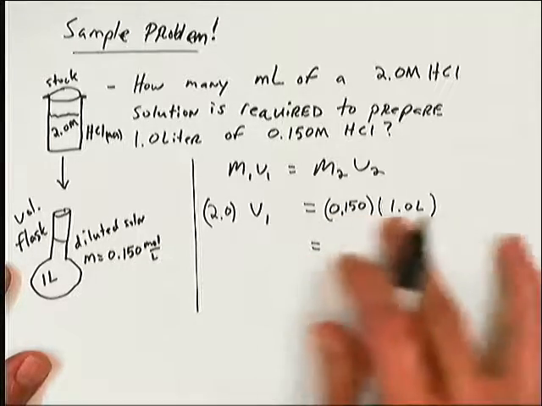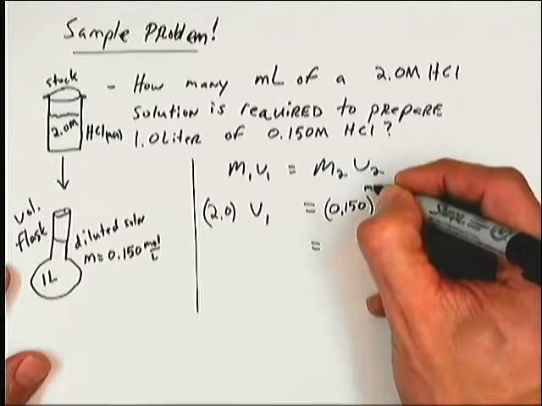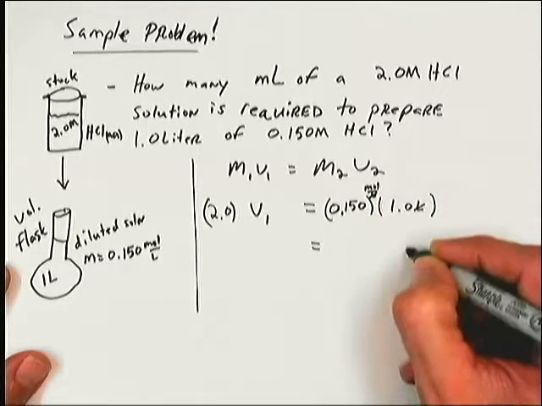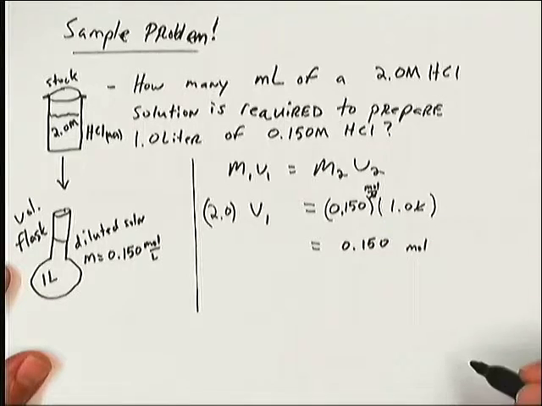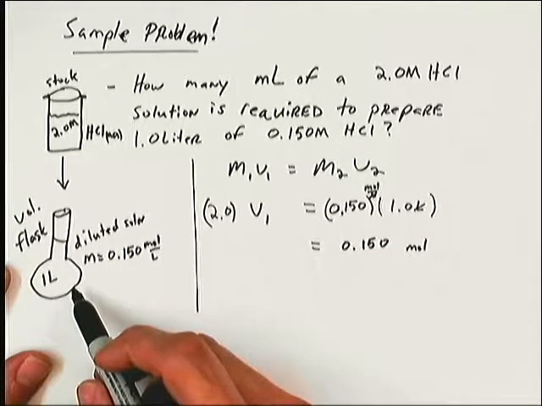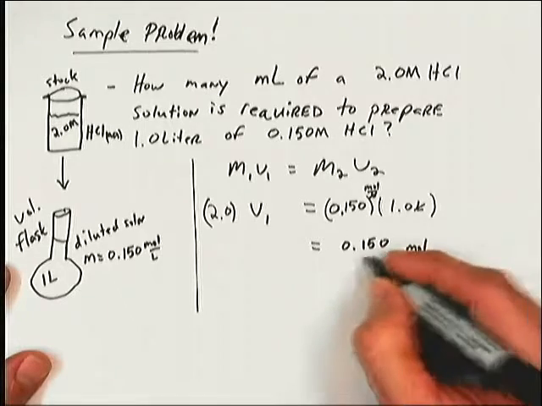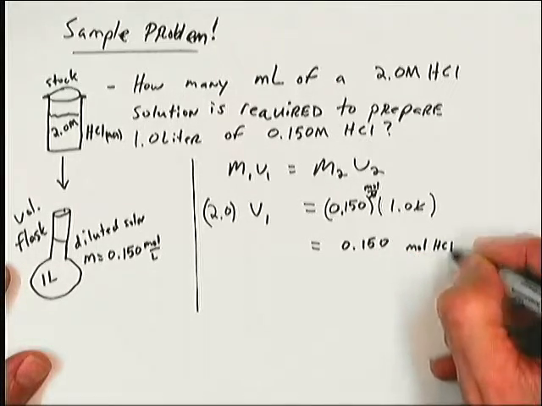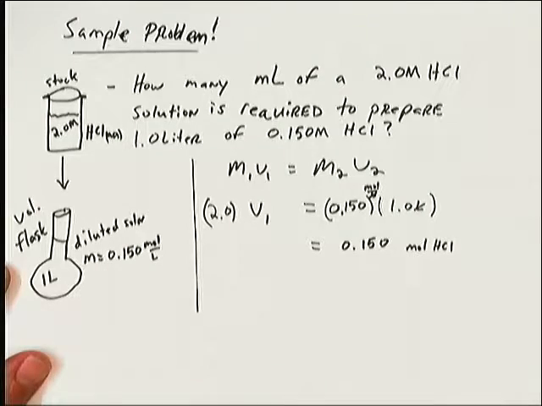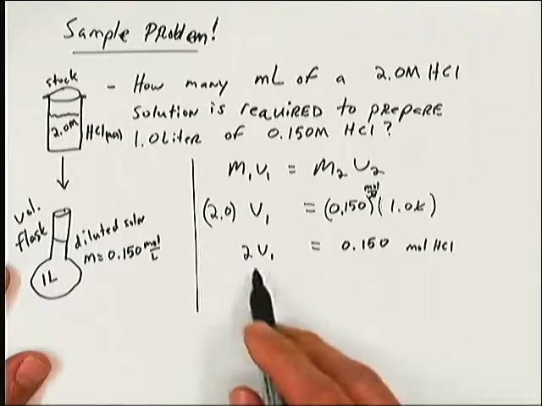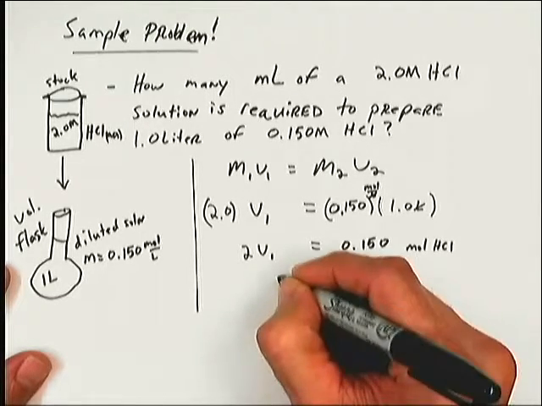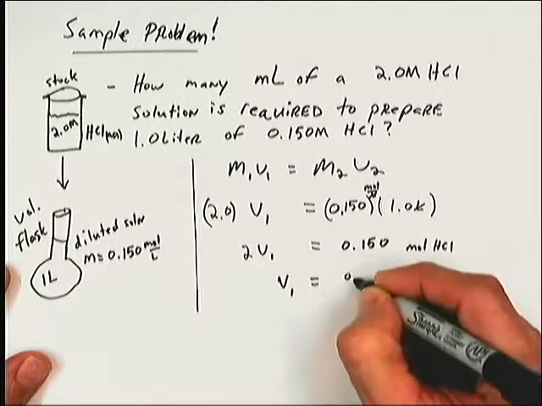So if I do the math over here, of course this is the concentration, so that's in moles per liter. So liters cancel and I'm left with moles. And what this computation tells me is that when I'm done making this solution in this volumetric flask, it's going to contain 0.15 moles of my HCl. That's how many moles have to be in there to make this work. Now how am I going to get that? Well, I'm going to transfer some stock solution in. How much do I need? Well, I can write the algebraic expression 2 times V1 is equal to this, and solving for V1,